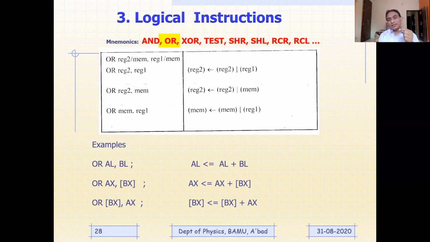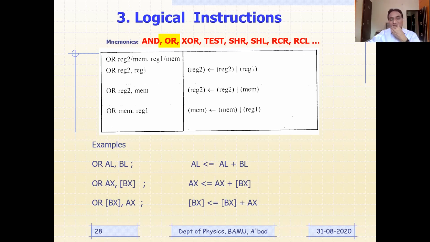If one of the input is 1, output is going to be 1. तो क्या होगा फिर? 0 0 output is going to be 0 because none of the input is 1. 0 1 में क्या है? One of the input is 1, output is 1. 1 0 में एक input 1 है तो output is going to be 1. और तीसरा 1 1 में दोनों input 1 है, हमें तो एक ही चाहिए. Still output is going to be 1. It means 0 0 0, 0 1 1, 1 0 1 and 1 1 1. This is going to be the truth table of logical ORing, right?